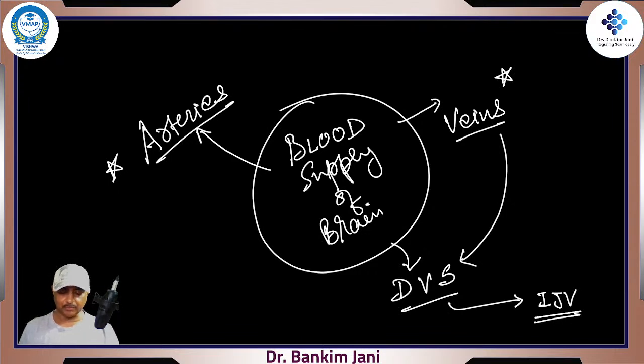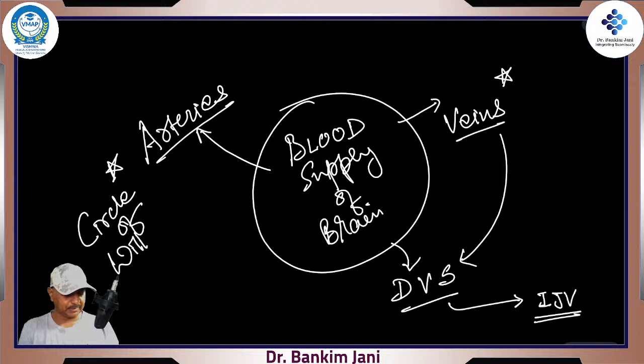At the same time, one more thing that we'll keep on talking about is which part of the brain would be supplied. And in arteries, the circle of Willis is something which we will actually draw, so that you also draw along with me and it will become much easier. Okay, and in arteries, if we talk about that in very simple terms, we'll divide it into anterior